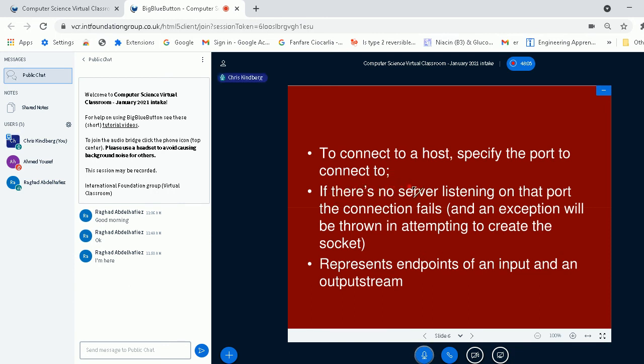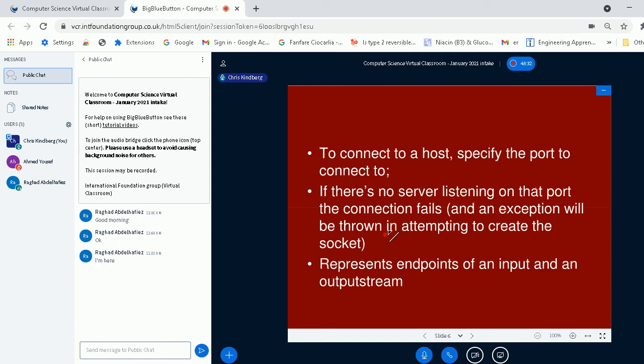And if there's no server listening on the remote port, the connection fails. And technically speaking, an exception is going to be thrown in order to create the socket.